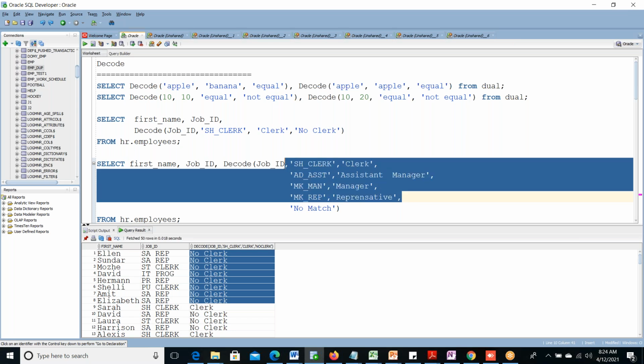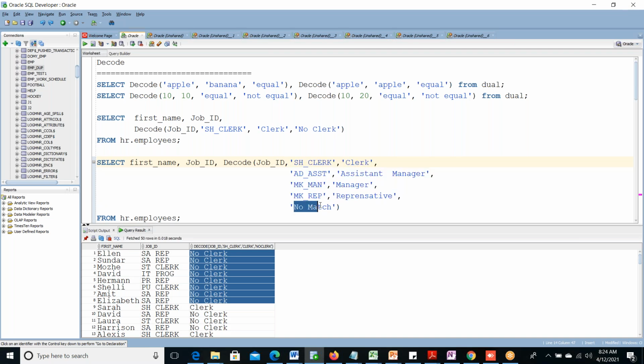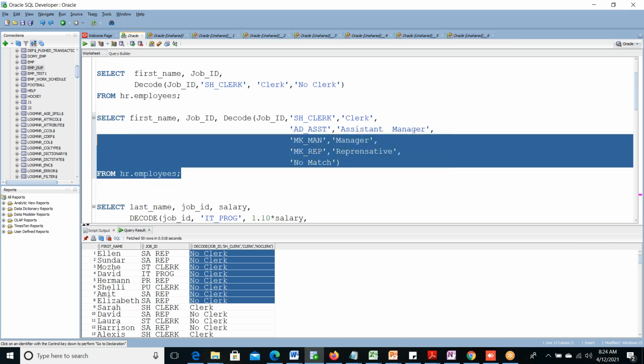Four conditions given. Out of all these four conditions, if any other value is there for the job ID column, then it will display no match. This is the else part. So in the else part, no need to write ELSE here. Directly we can give the value here. Okay. Now from which table? HR.employees. Now if you execute this,